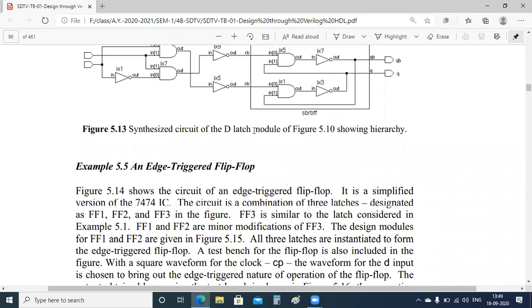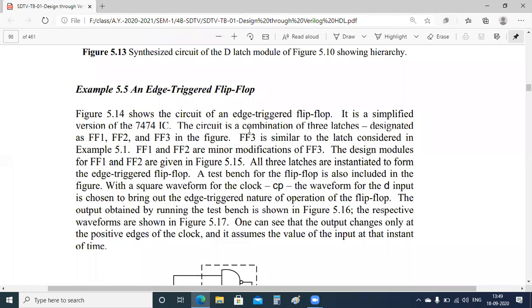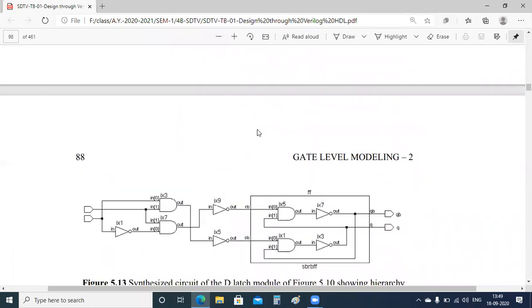In the next class we will be seeing the edge triggered flip-flops. Generally we have flip-flops in two types: one is level sensitive, level triggered, and the other one is edge triggered.